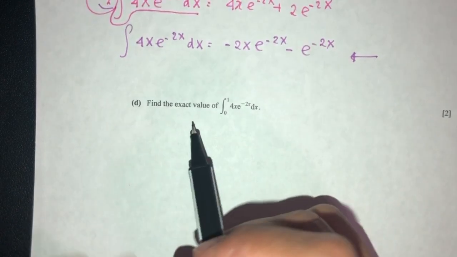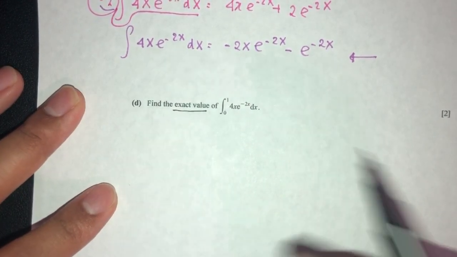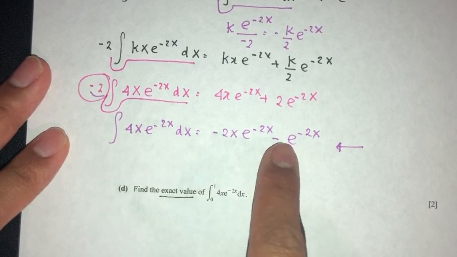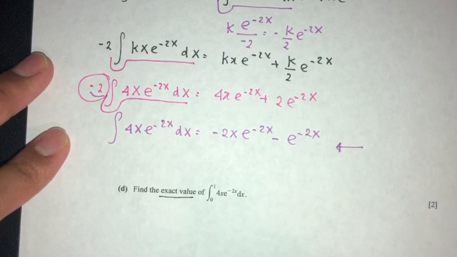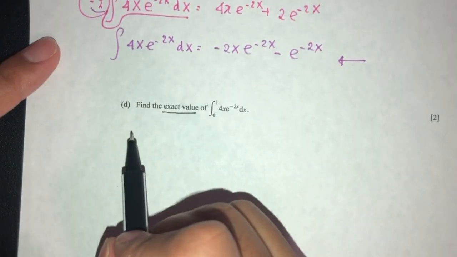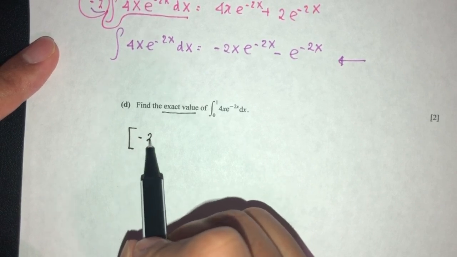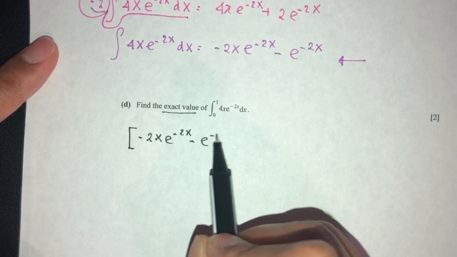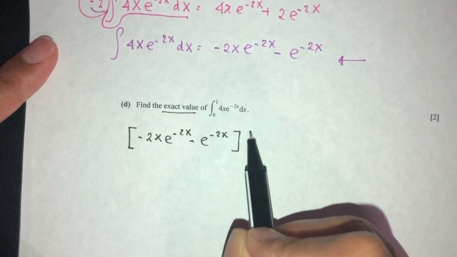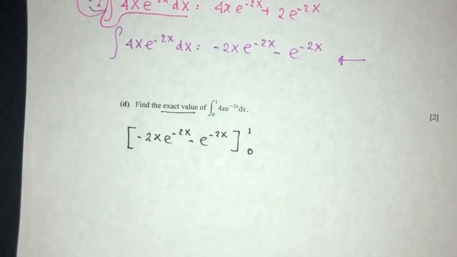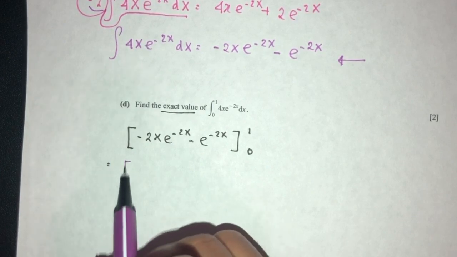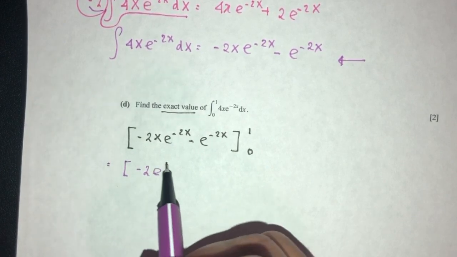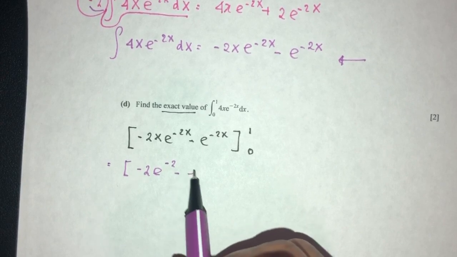Now for part D, find the exact value of this. So we have to replace 1 and 0 in this integral. That will be -2x exponential this one minus this, with limits of 1 and 0. Let's see what happens. That should become the value of -2 exponential -2 minus exponential -2